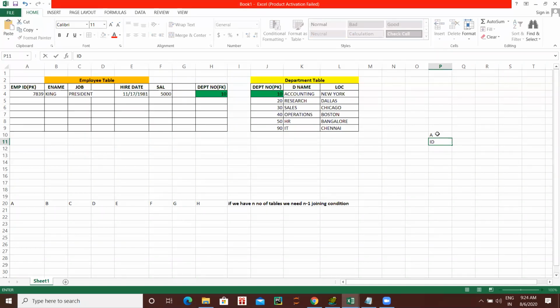So I have a table whose name is A, and under that I have a column called ID. Now write 1, 2, 3, 4, 5. Till 5 you write.